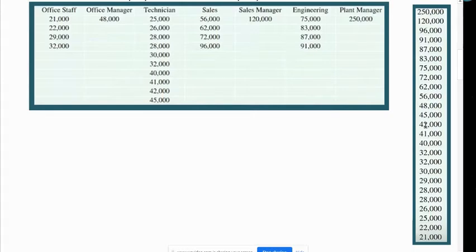And so now we just count how many items there are. So 1, 2, 3, 4, 5, 6, 7, 8, 9, 10, 11, 12, 13, 14, 15, 16, 17, 18, 19, 20, 21, 22, 23, 24, 25. So there's 25 items. So if we go to the 13th item,